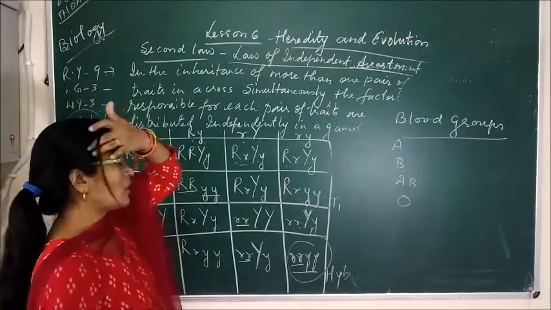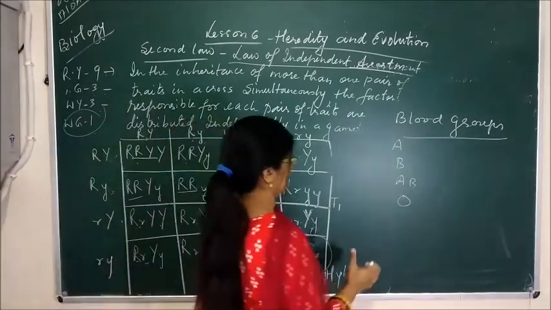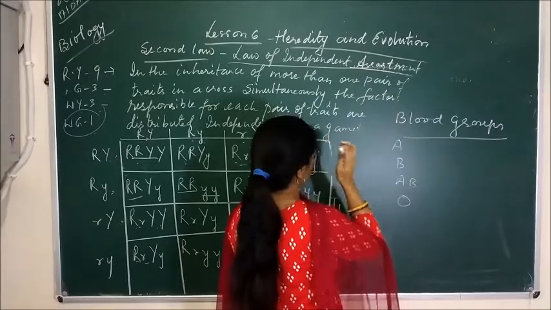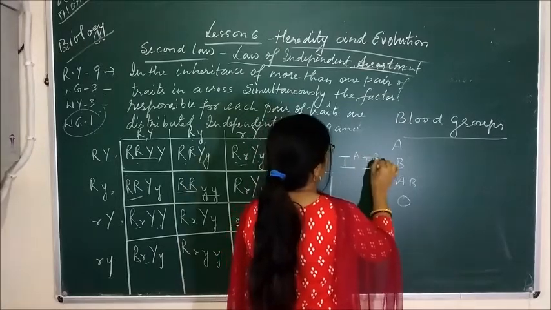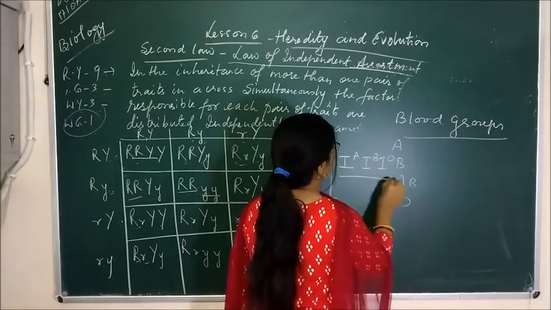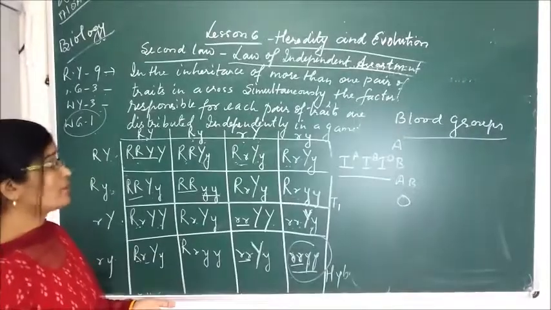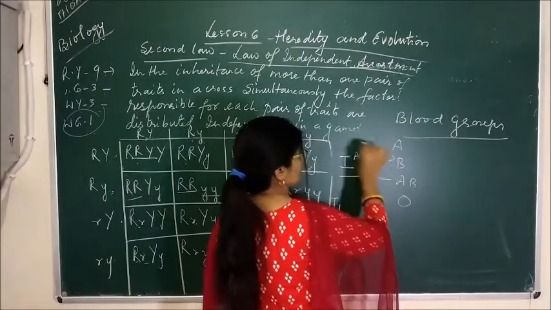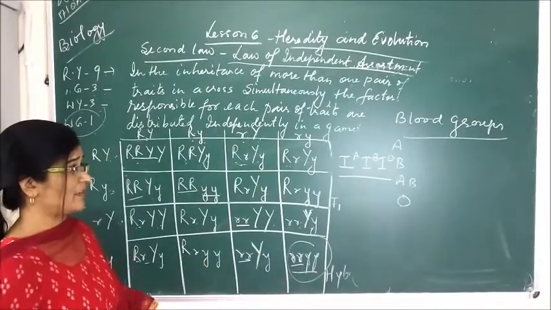Blood groups are always denoted by genes, and the genes are always present in a pair. 3 genes are present, that is IA, IB and IO. These 3 genes decide the group of our blood. Out of these 3 genes, any 2 will be present in our body because the genes are always present as alleles, that is, pairs.